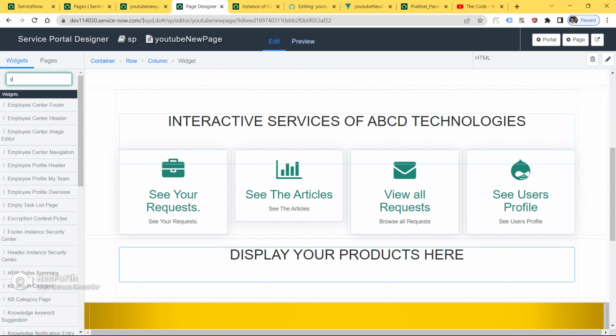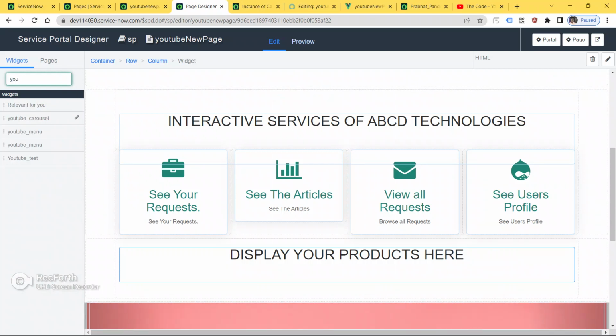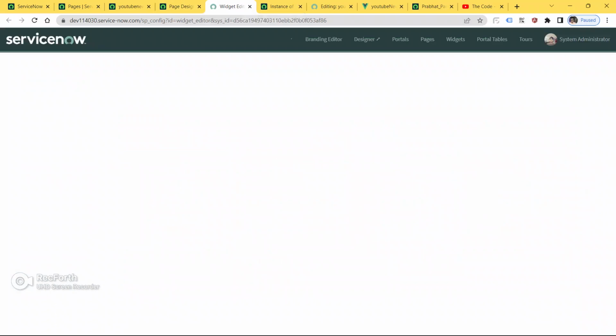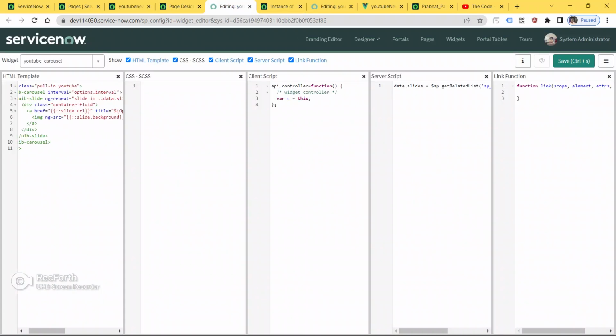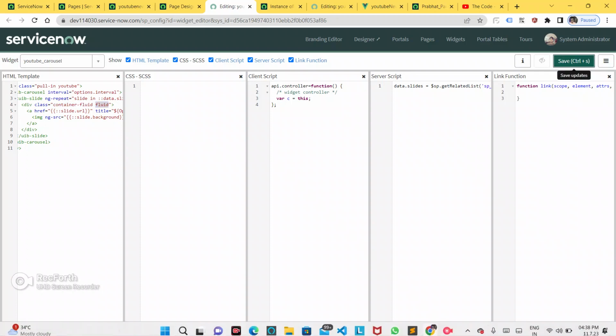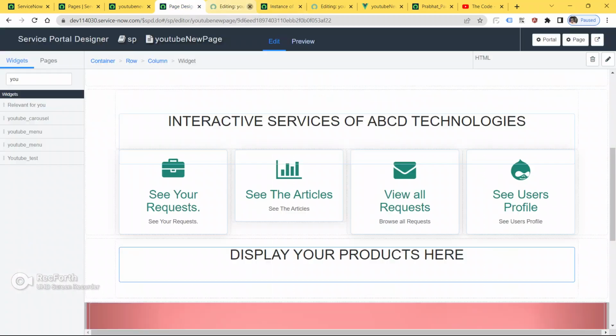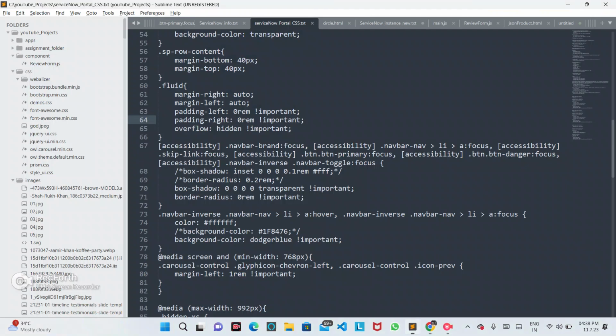Put here fluid, an extra class to hide padding and margin, guys. To hide the padding of this container, I have given a fluid class, and we will hide margin or padding using this class only.